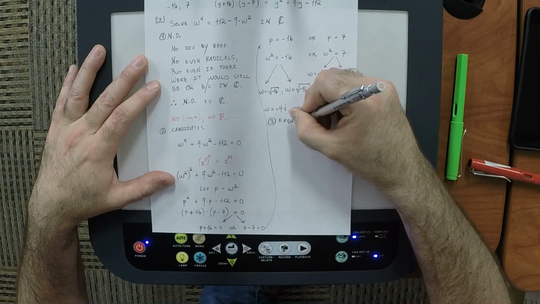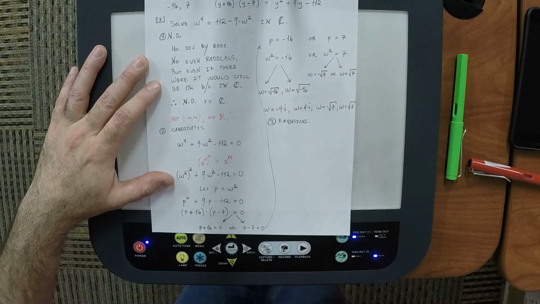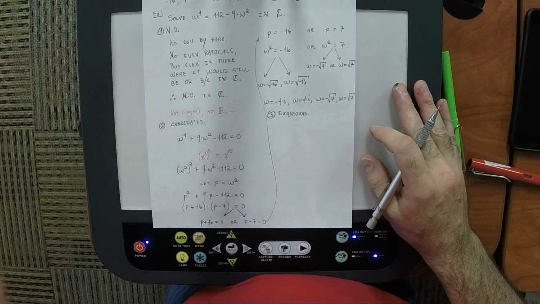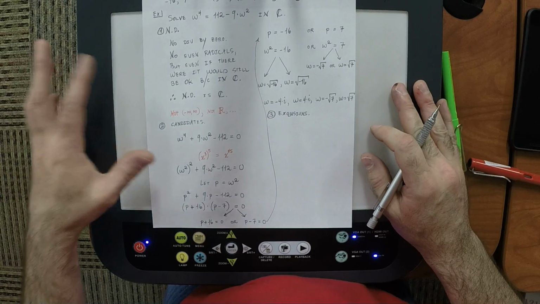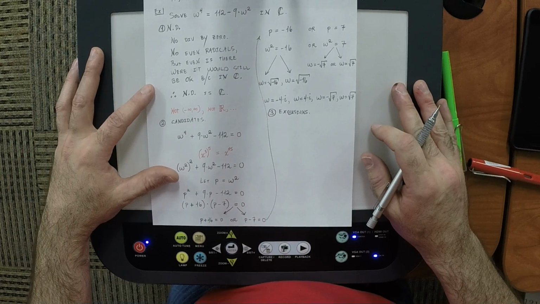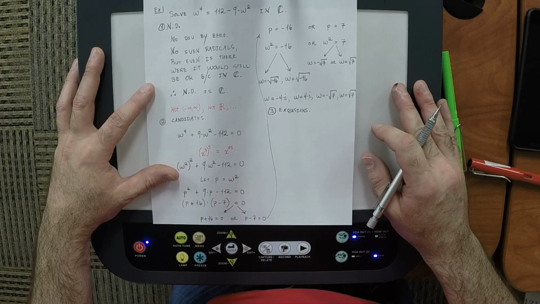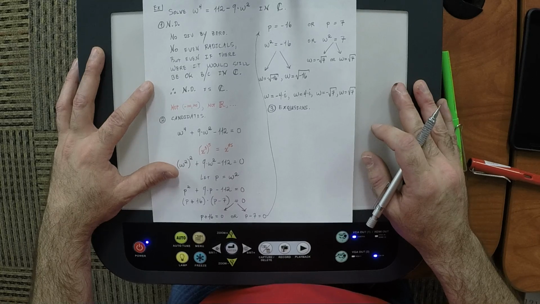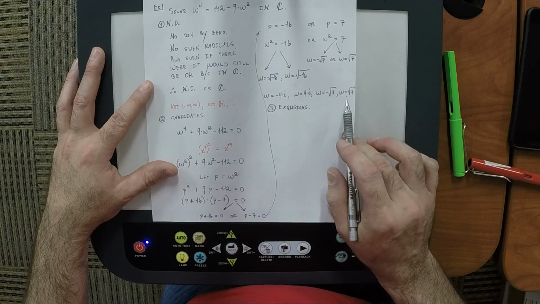So, exclusions. Which of them do we need to exclude on account of the natural domain? I mean, the ones without an i don't quickly appear to be in the complex numbers. Okay. Well, so